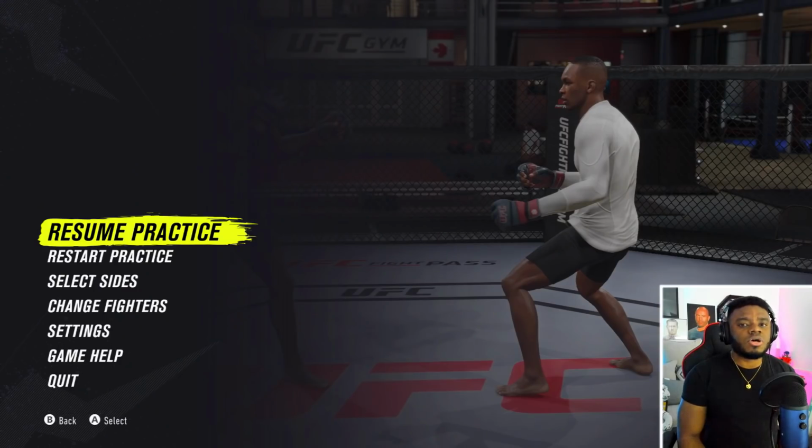One of the complaints that players have had in regards to UFC 4 since the day the game came out is that the controls are a little bit complicated. It's a little bit complex. And this is a very valid complaint because if you guys take a look at, say, John Jones's moveset,